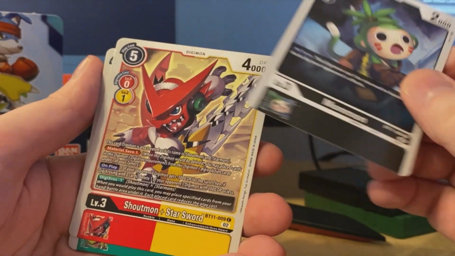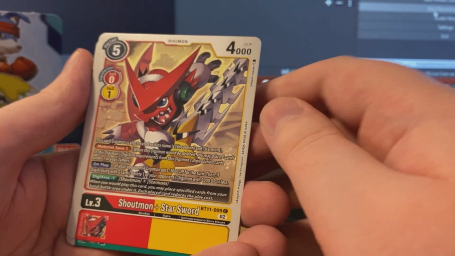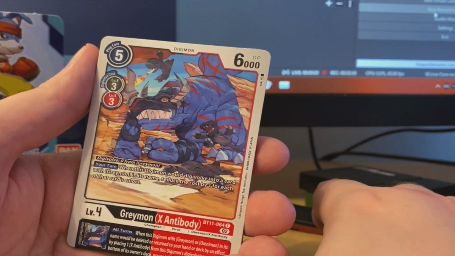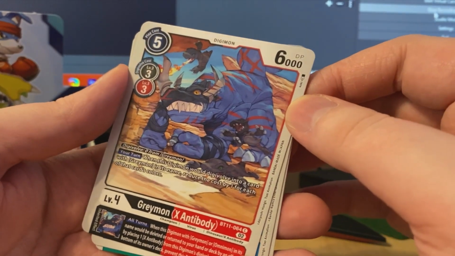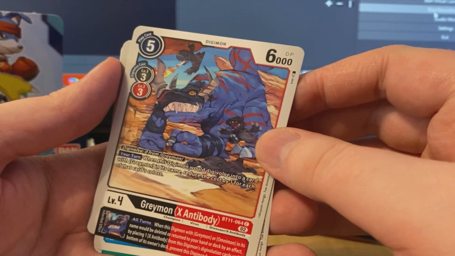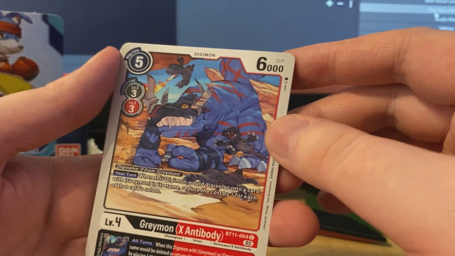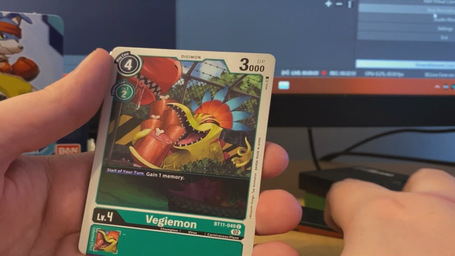I like it. There's Shoutmon with Star Sword. Looks like Starmon. Interesting. Madoki Betamon. Greymon X Antibody. Look at this. This is the sequel to the Agumon X Antibody card from Koki, it seems like. Man, if you didn't like Greymon X Antibody before, you're going to now. Look how cool this card is. Oh, Koki. Here's Wanyamon, Vegemon,